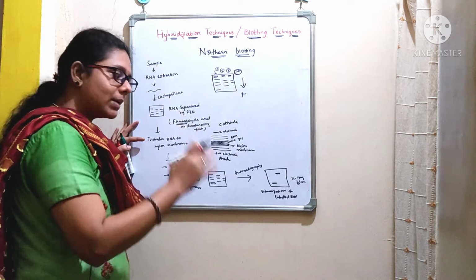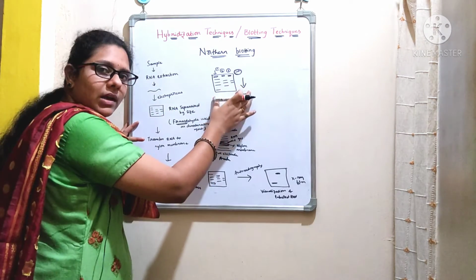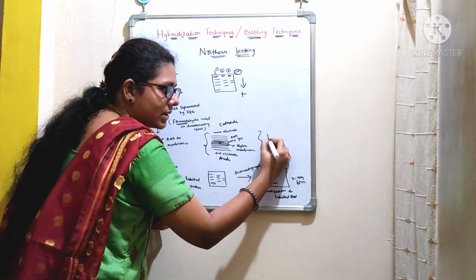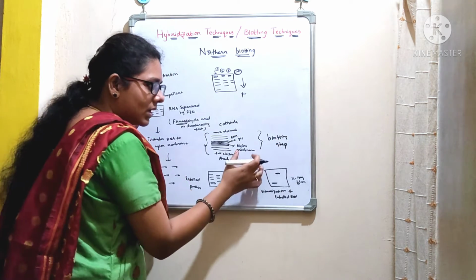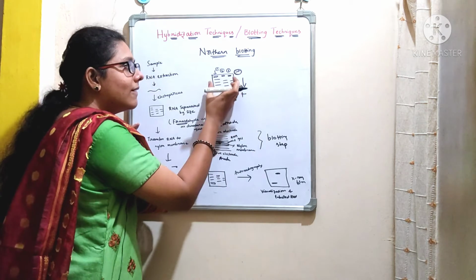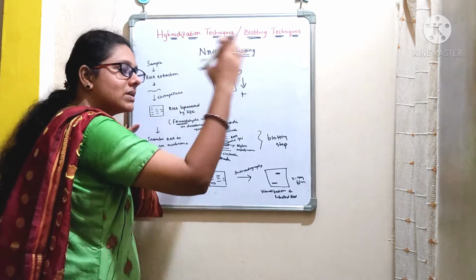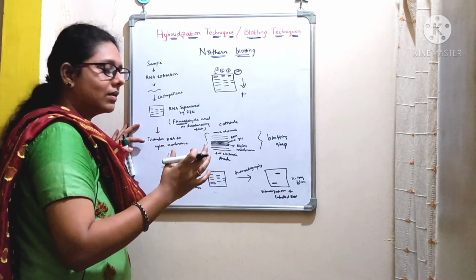So here in the step of blotting, what we are going to do, we are going to transfer the RNA from the gel onto the nylon membrane. So this we call a blotting step. So now this nylon membrane is a replica of the gel. So whatever banding pattern we see here on the gel will now be present on the nylon membrane as well, as it is, okay?